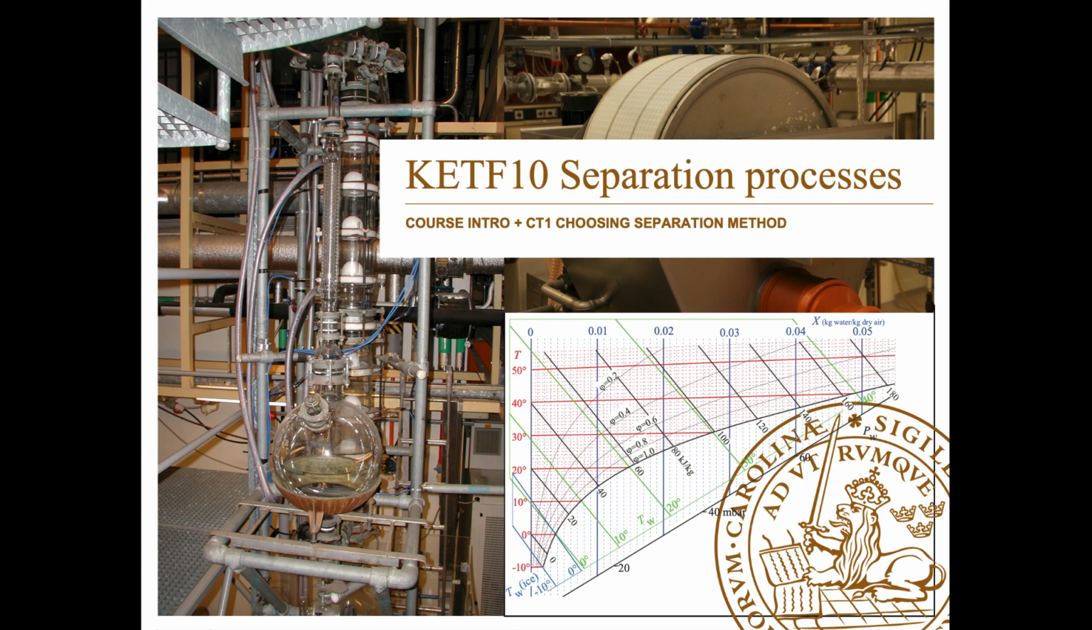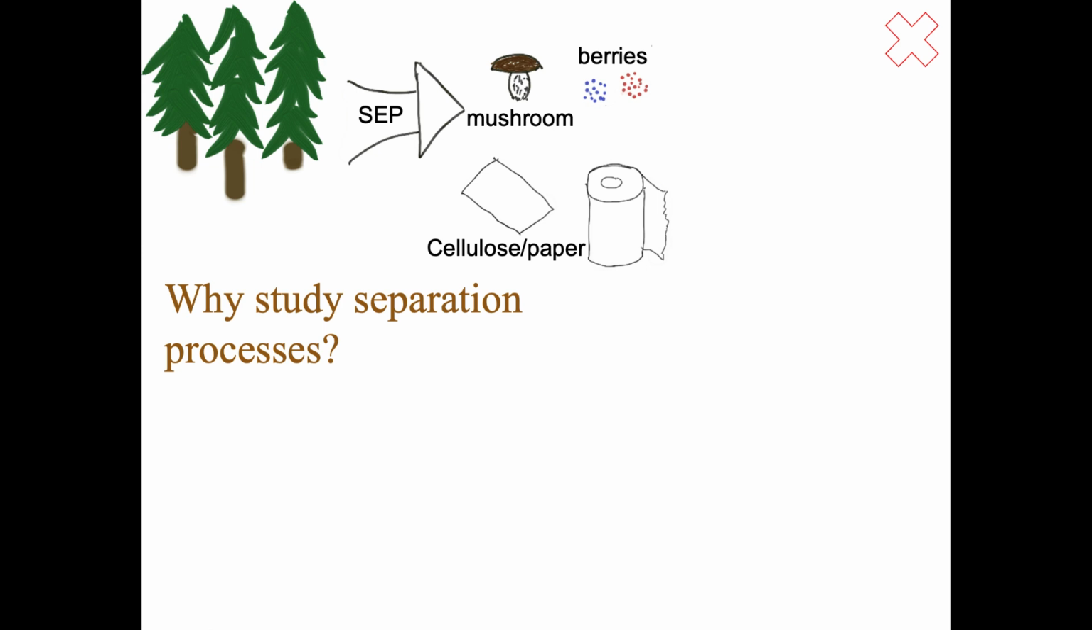A separation process is any process that takes an input containing more than one substance and produces output streams that are enriched in some of the original substances. Just as when you pick berries or mushrooms in the forest, the separation is typically not perfect. Some mushrooms still remain in the forest, and some forest residues, for example leaves and needles, can be found among